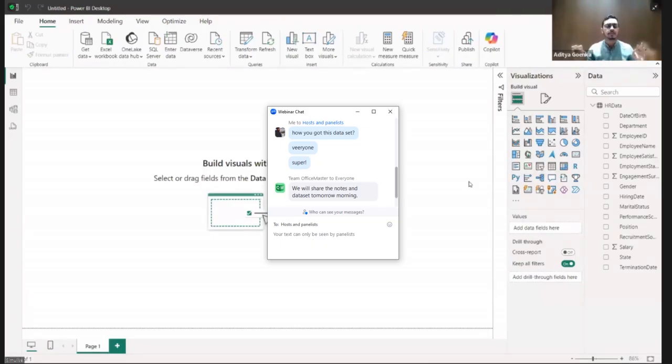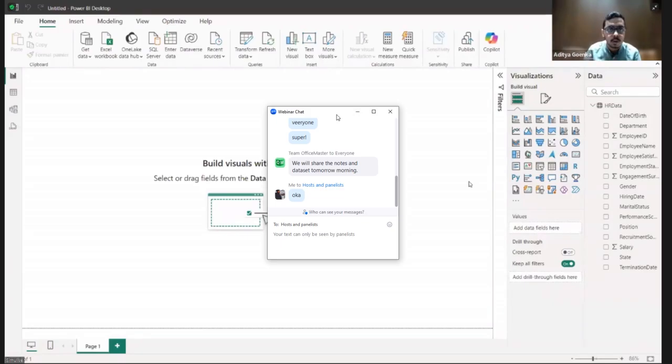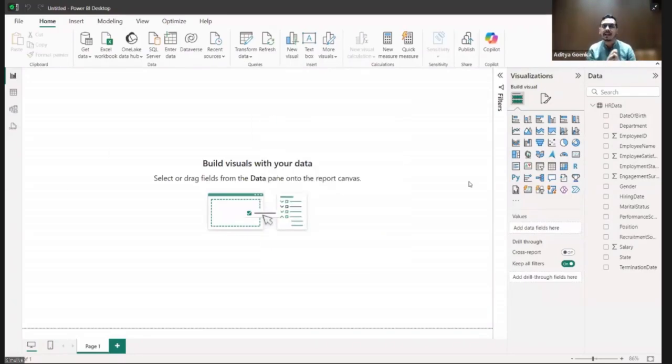Okay? So I'm not trying to go very fast, not trying to go very slow. I'm trying to maintain a moderate pace so that everyone can follow along with me. This pace is going fine. Should I increase my pace? Should I decrease my pace? How is it going? Fine, absolutely fine. Guys, for people who are asking to increase or decrease, maximum people are saying it is fine. So let's go ahead at this particular pace itself.